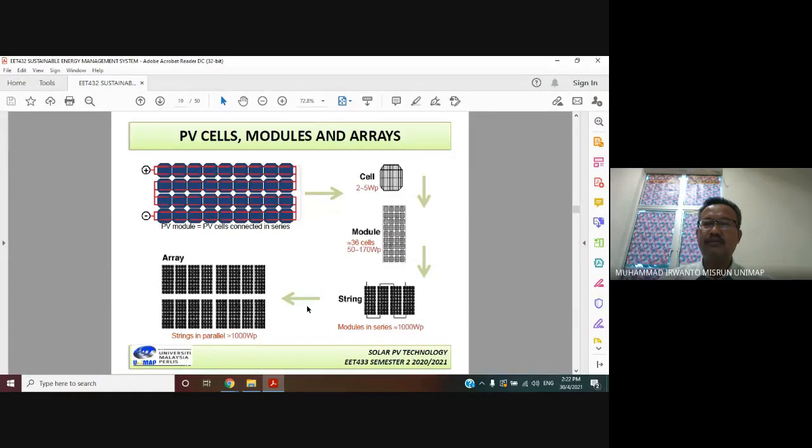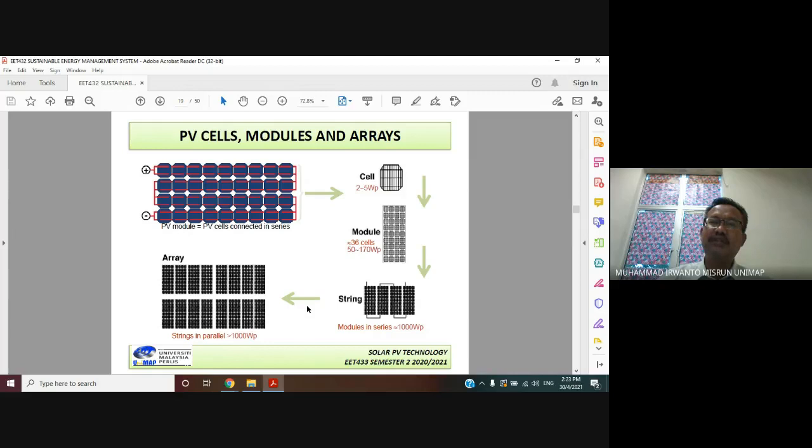Today we want to discuss the photovoltaic module. The connection of photovoltaic modules can be in series, parallel, or a combination of them. When we want to decide how much power is needed for the PV power generation, and the voltage also, we can modify. Modify means how to connect some PV modules for the capacity requirement of the PV power generation.